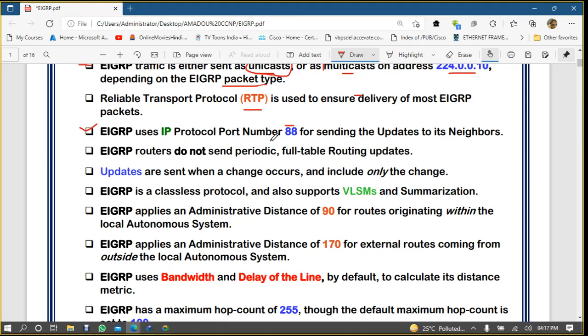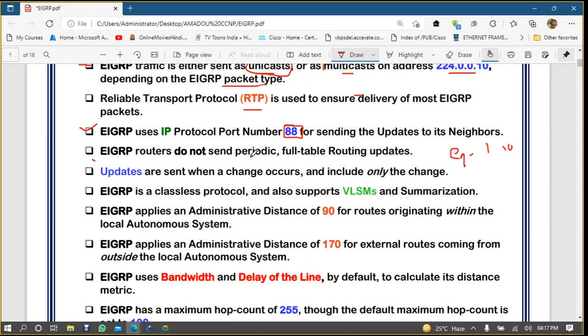Because when we work on firewalls and ASA and create ACLs to block ports, you may be blocking the EIGRP process as well. So you must know that the EIGRP protocol number is 88, and it is used for sending updates to its neighbor.